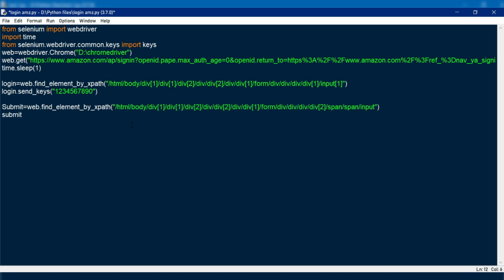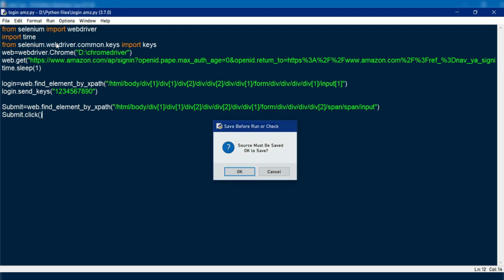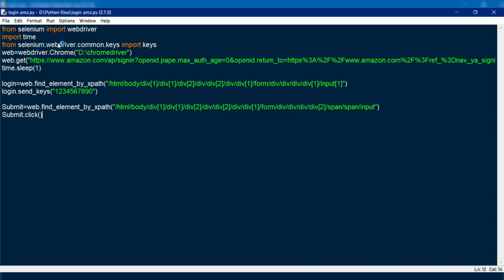In the next step, we are going to send the mouse click as an input to the continue button. For that, you need to write submit.click. This is used to send the mouse click as an input. So this is our login script. Click the run button to see the output.